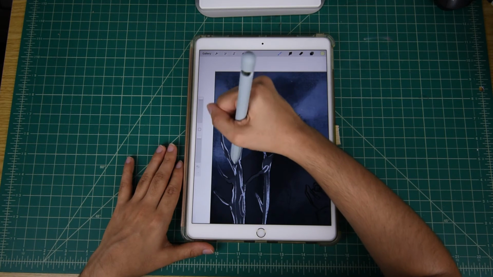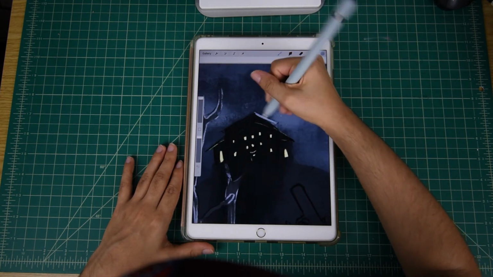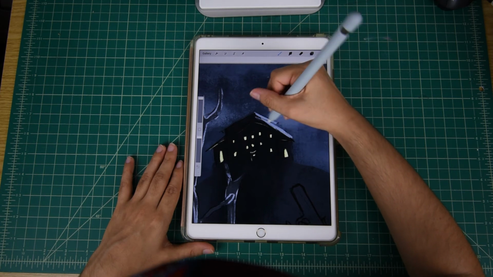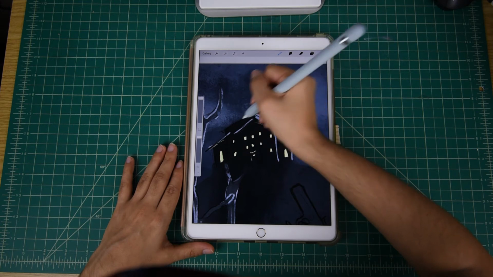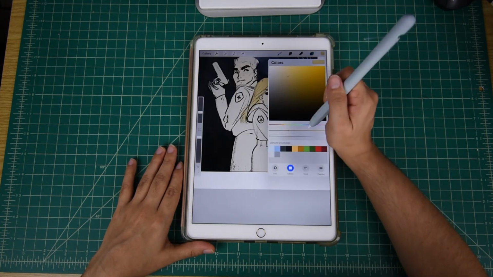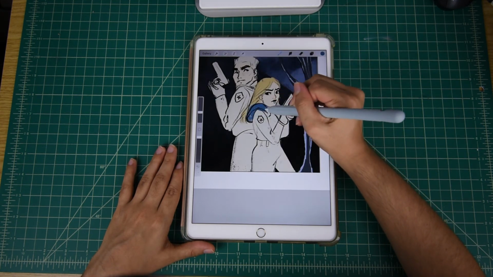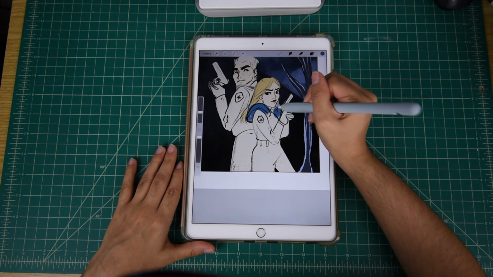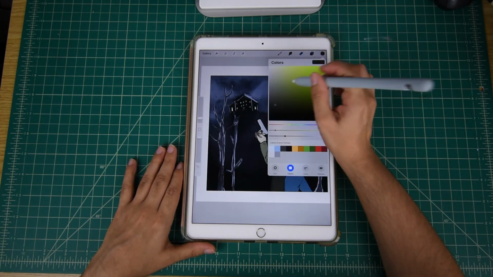And then I'm going to actually add some light to the house, just add a little bit of dimension. And I know her uniform is mostly blue, so that's what I'm gonna do. Yeah. And then let's do the